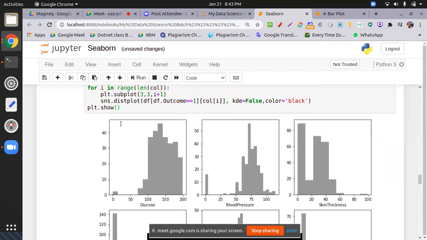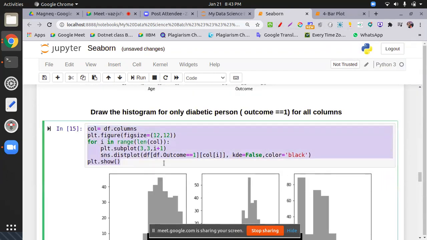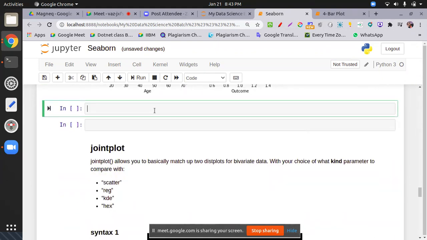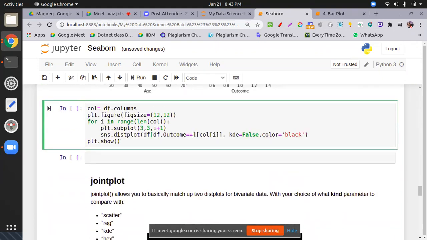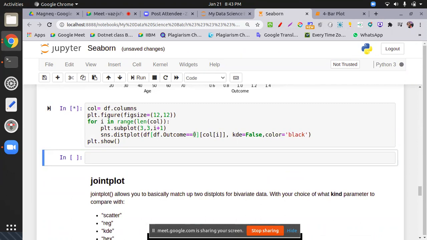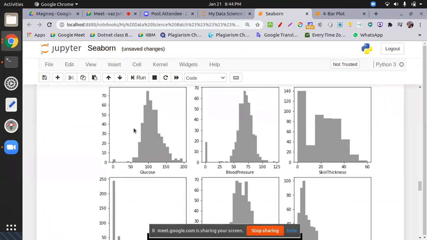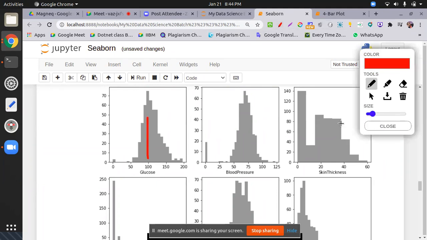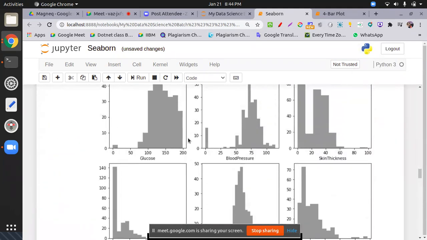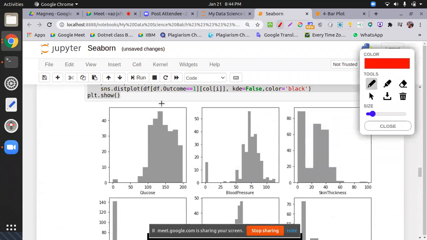Okay, now you can do the same thing with the code for 0, meaning the non-diabetic person. Check the glucose analysis over here. See, it is centered around 100. Those persons who are not diabetic have glucose centered around 100. But for those who are diabetic, the glucose is not centered there; it is centered around approximately 130, 125, like that. So this way we can split the data set and put all these things using a subplot.